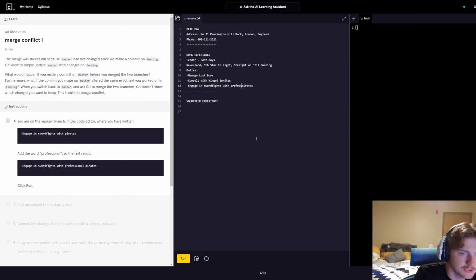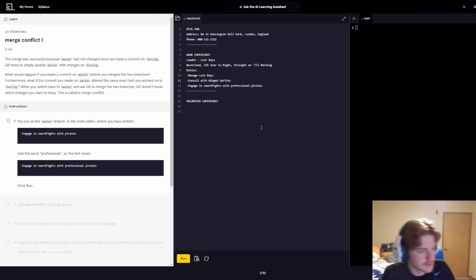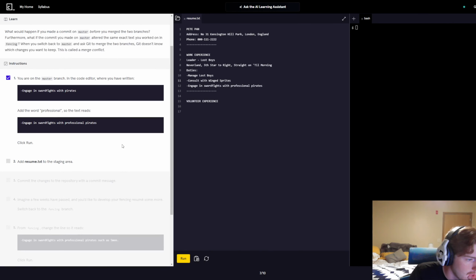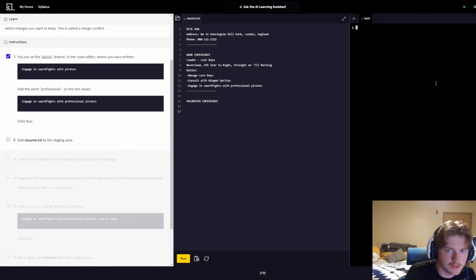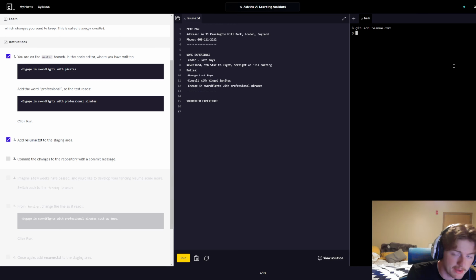So professional, and it wants me to click run. Add resume to the staging area. We can do this by doing git add, and we'll do resume.txt. It is now added to the staging area. Commit the changes with a commit message, so we can now do git commit, and then we'll do the -m and have the message be